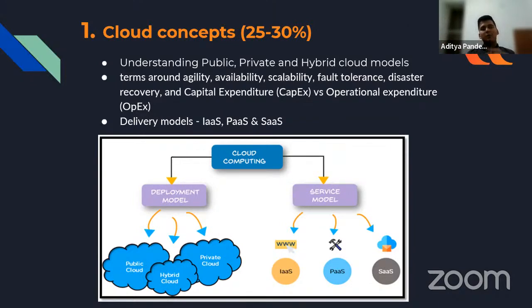So I now have two choices. Either I go and buy a new laptop with a higher configuration, or I go on a cloud computing platform, let's say Azure, and provision a virtual machine of higher configuration, which that game supports.